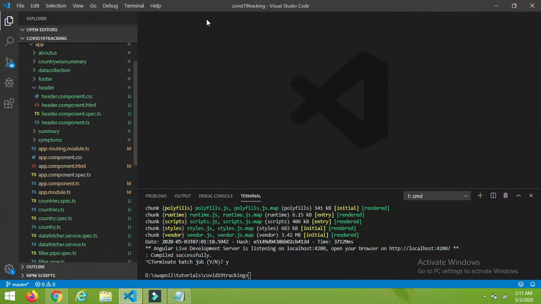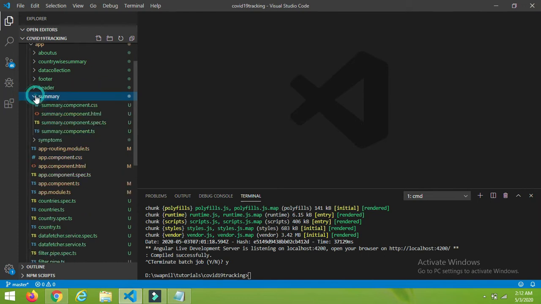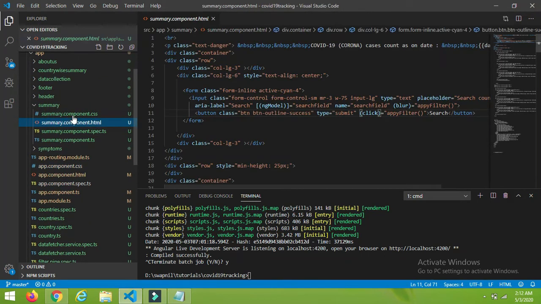Now open our summary component. In the summary component HTML, I will explain one by one.